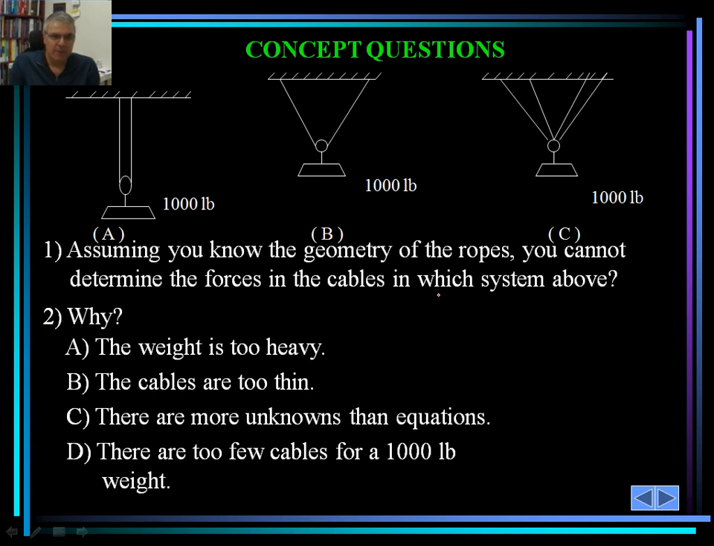Why not? Well, the weight is too heavy. That's reason number one. The cables are too thin. Reason number two. There are more unknowns than equations. Reason number three. And there are too few cables for a 1,000-pound weight. Well, the reason is not A, not B, not D, but C, because in this case we have 4 cables,